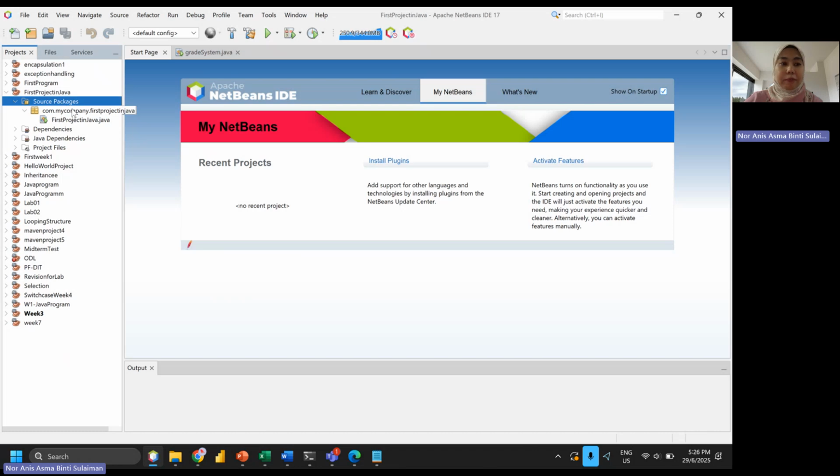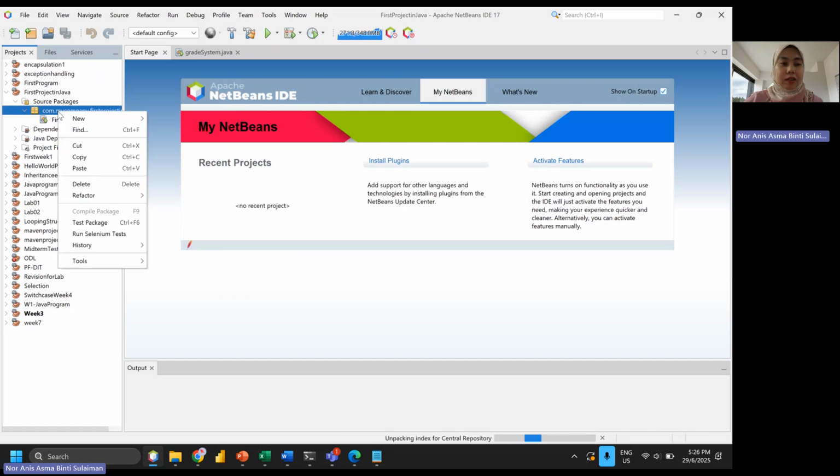After that, you go into that project and right click, New, then Java Class. This is how we create the Java file.